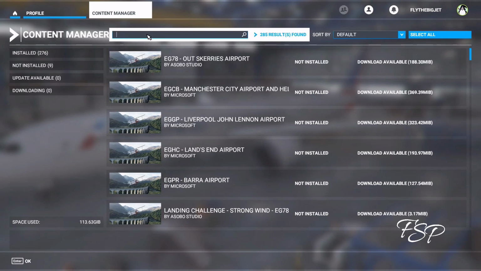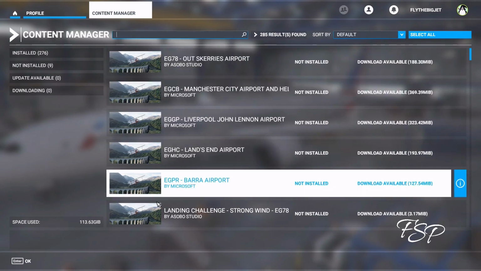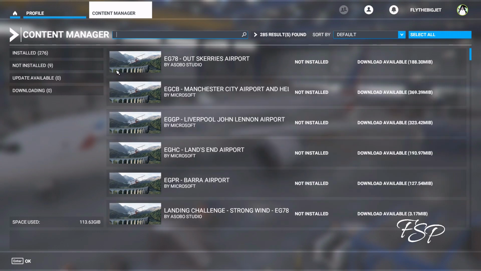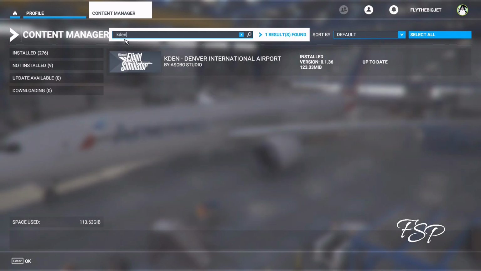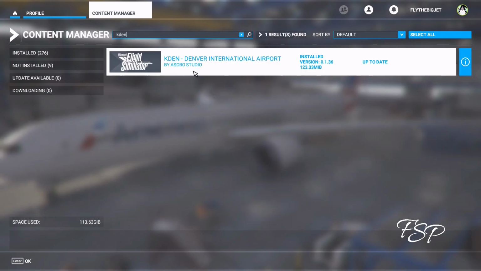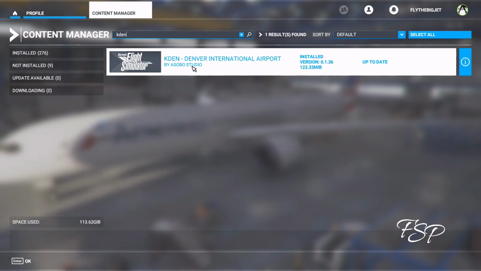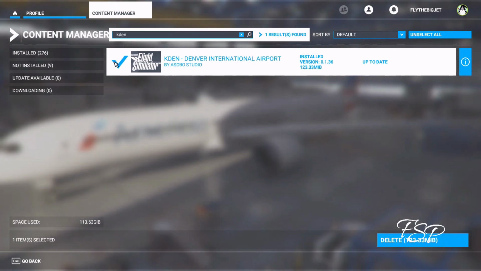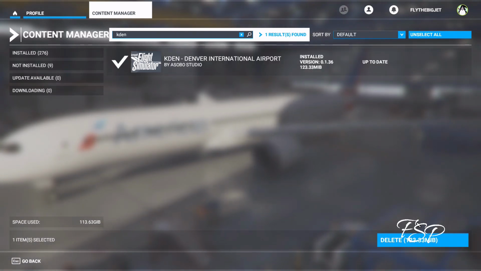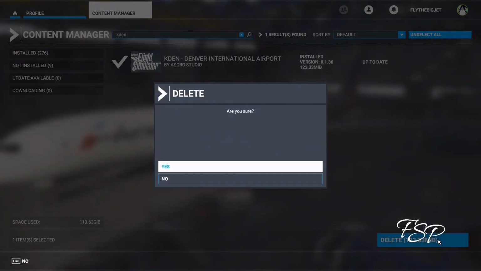We're going to go up to Search, or if you want to, you can scroll through and find it that way, but that can kind of take a while, so I just go up here and type in KDEN, and as you can see, it found it. This was an airport that came with Premium Deluxe, and I'm going to uninstall it just by clicking on the icon over to the left, and you'll see a check mark. And you can go down here to where it says delete,